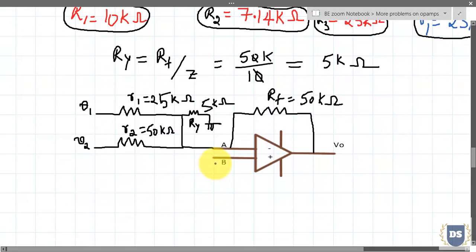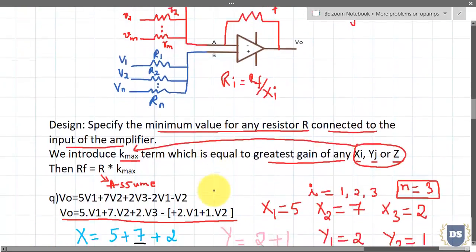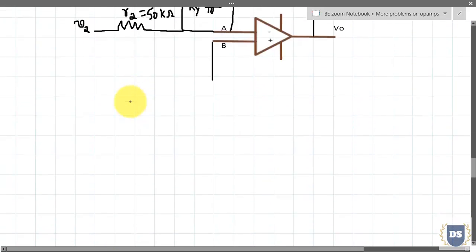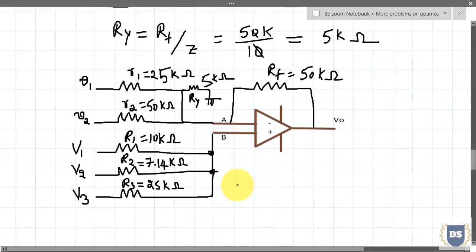In a similar way, for the non-inverting side of the op-amp, I'm having 3 input voltages. Just by the equation, I can get to know that there are 3 voltages associated with positive sign, and hence these are the inputs fed to the non-inverting input terminal of the op-amp. And here we'll neglect the Rx resistance because of scenario 1, where Rx value is equal to infinity.